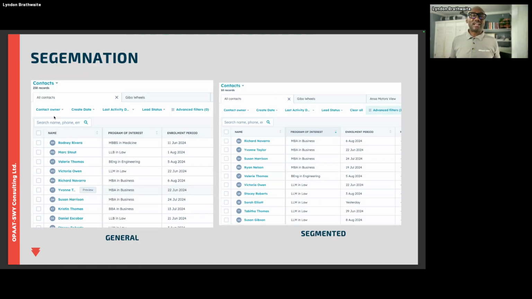So once you have that, then you have the ability of doing things like segmentation. And when we're looking at segmentation, on the left, we just have a general list, right? If you look at the list, it says 258 contacts. However, when we look on the right-hand side, it says 10. So out of that 258, based upon who we wanted to find by using advanced filters inside of HubSpot, we were able to now just drill down, and we decided to pull a sample list of 10. And with that 10, you have the ability of doing anything that you want to do, because you can then enroll them in different things, right?